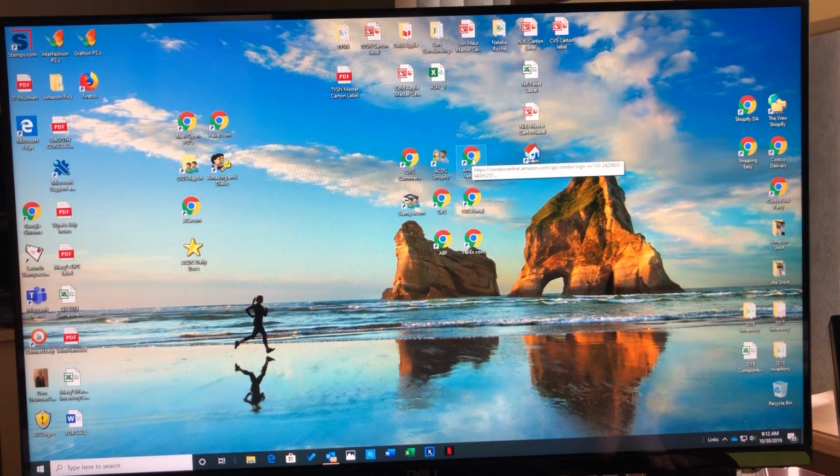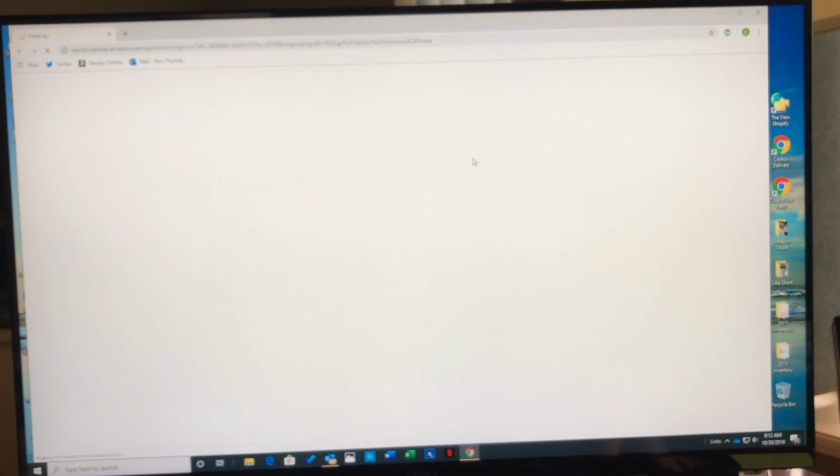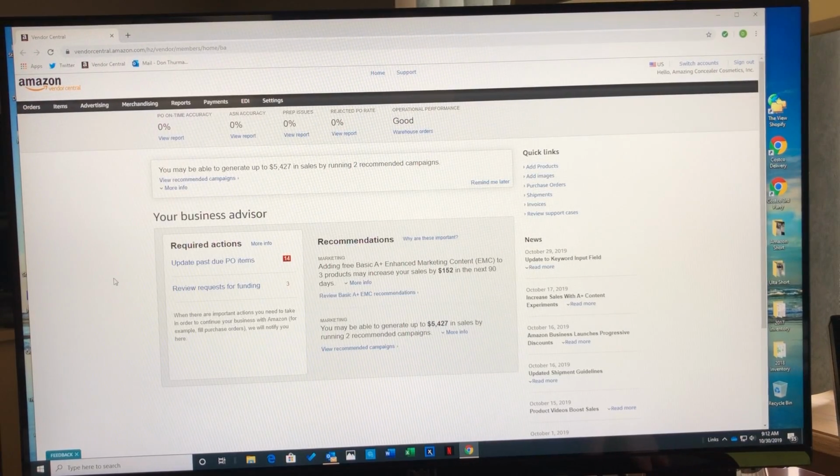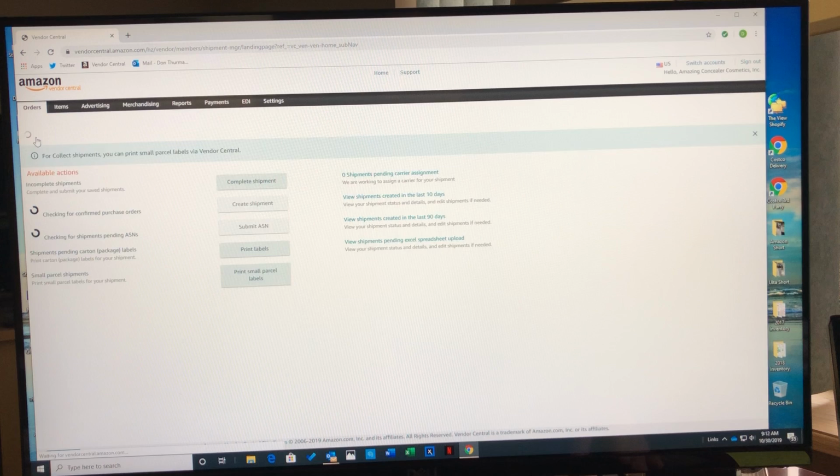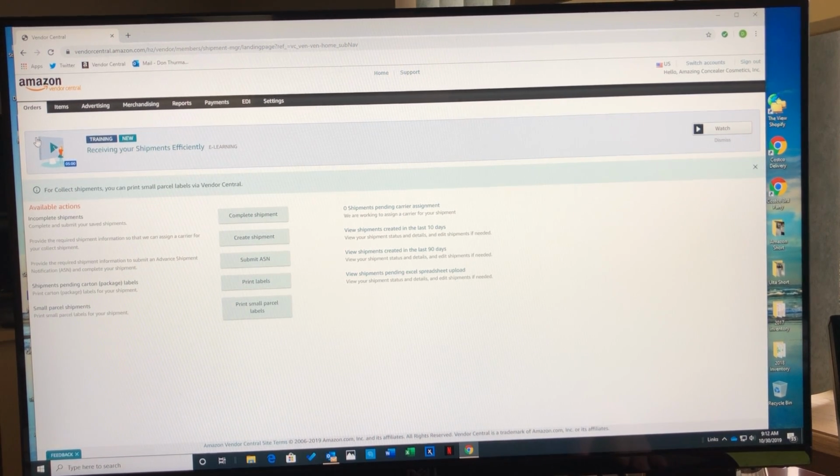So we're going to go ahead and move forward, and we're going to open up Amazon. I've already been on earlier today, so I didn't have to log in, but that's just a couple of clicks and you're at this page here. I'm going to go over on the far left hand side and hover over orders. I'm going to come down to shipments and click on shipments. And I'm not going to go to create shipments, which is what we did on Monday,